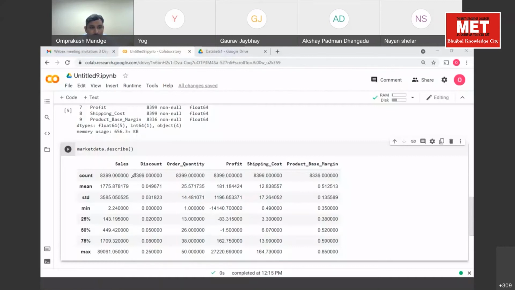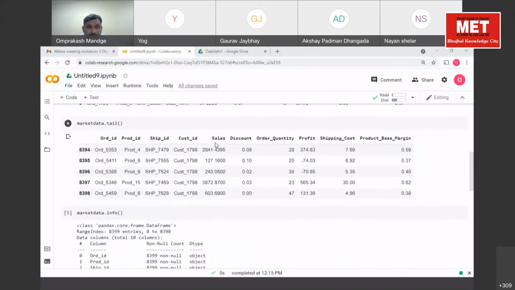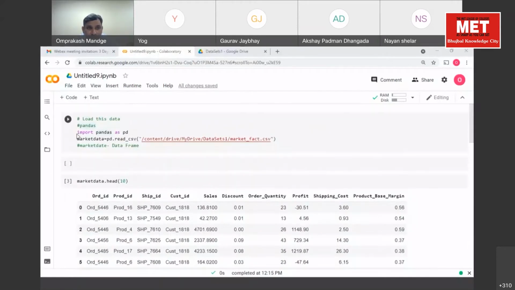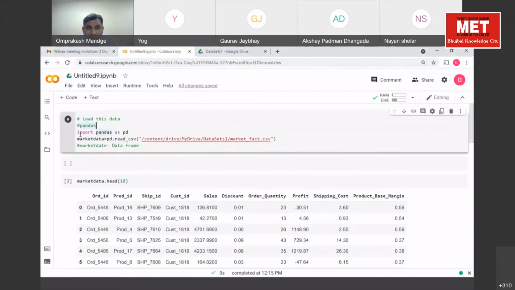Can you just put in the chat box the commands you have told from the beginning? Okay, sir. I'll do one thing, I'll just type the commands here. The location may be different if you haven't created the folder name like me. What is your folder name? Just replace it.